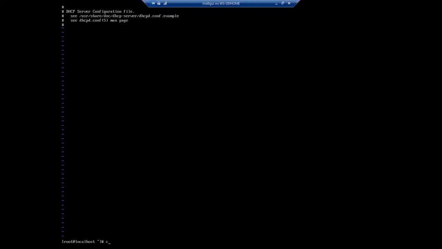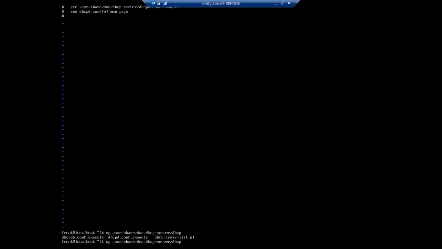So I will type cp, and the same path: /usr/share/doc/dhcp-server/dhcpd.conf.example.